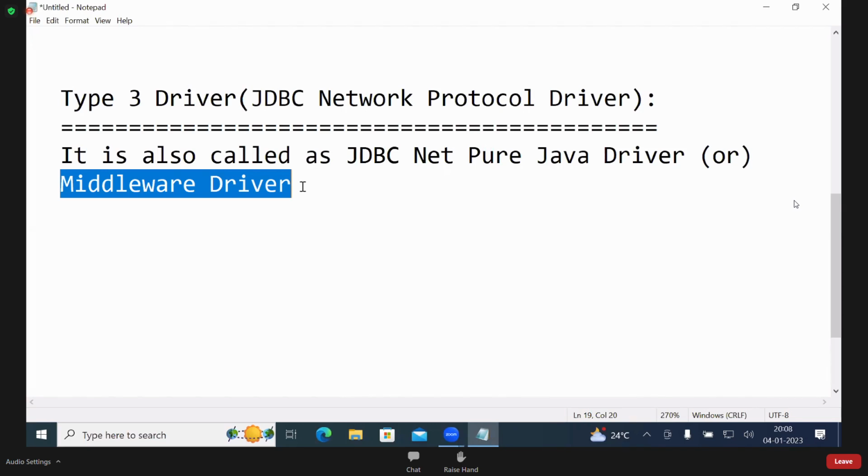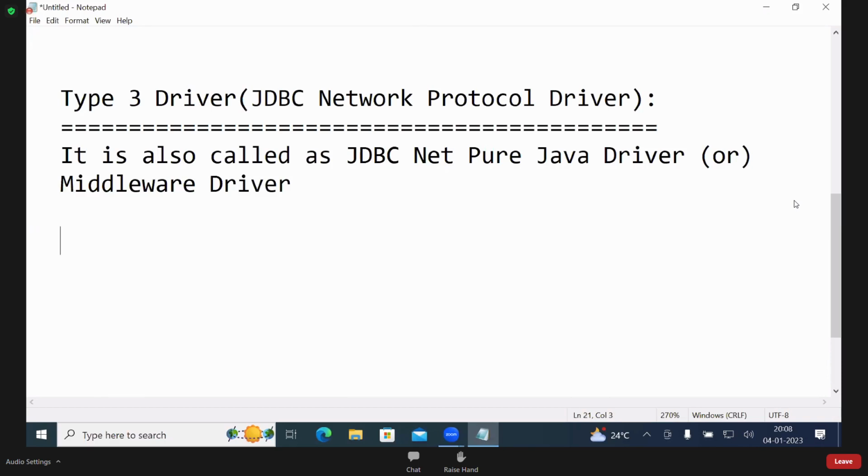For Java purposes, many server softwares are there: Tomcat server, WebLogic server, WebSphere server, JBoss server, Sun One server, Glassfish server, Wildfly server. Any one server should be installed for this. That is called middleware software. Between the Java program and the database, one more software we must install. That is the reason it is called middleware.